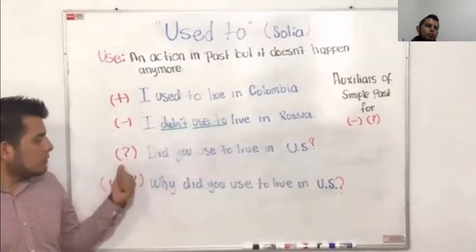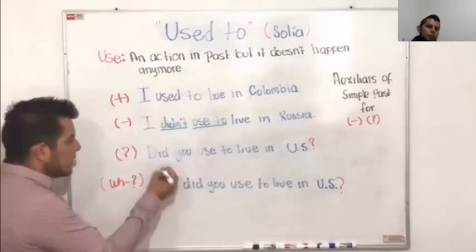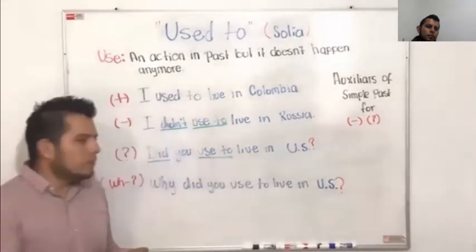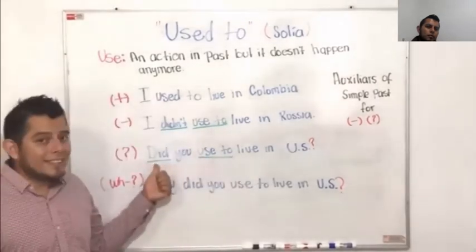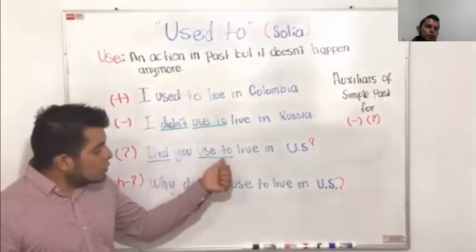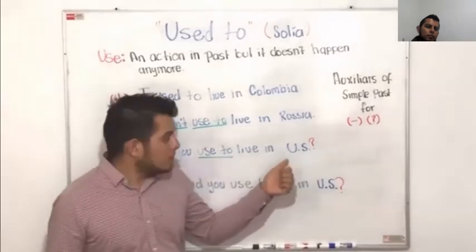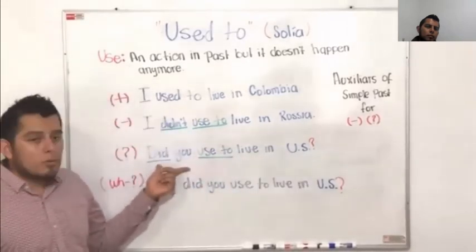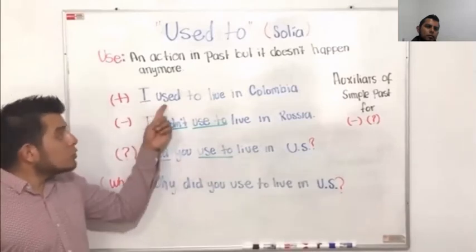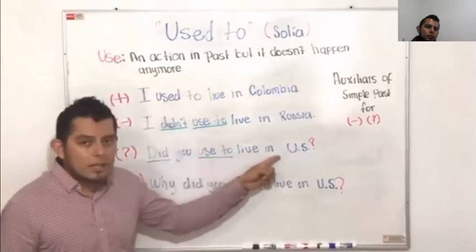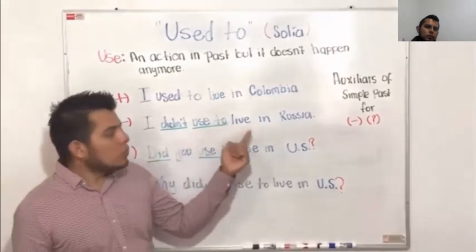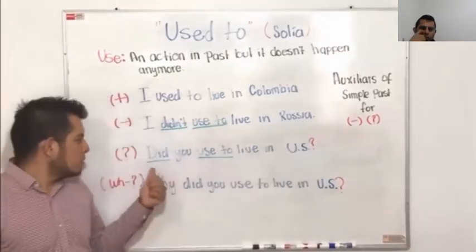Now, for a question, we're going to have, again, an auxiliary in simple form, and the used to, again, in simple form. So we're going to have the auxiliary did, auxiliary for past. So we say, did you used to live in the United States? So this is a simple question. The answer is going to be yes or no. So you can say, yes, I used to live in the United States. Or negative, no, I didn't use to live in the United States. That could be the two options to answer